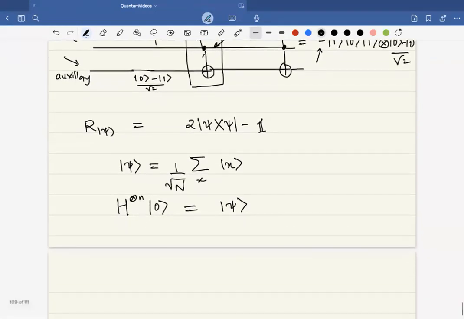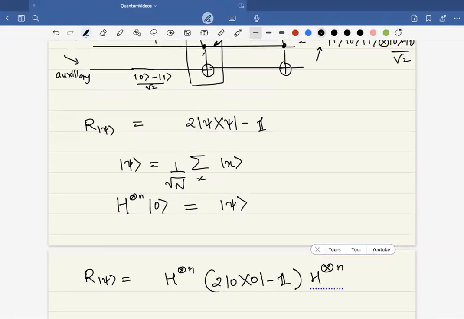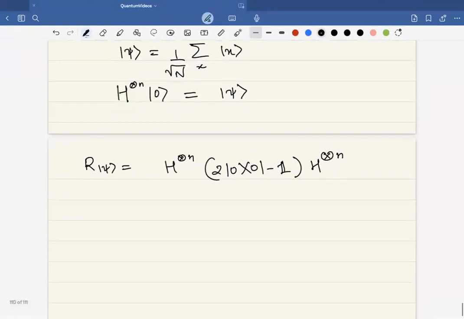Therefore, I can write R of psi as Hadamard tensor n times 2|0><0| minus identity times Hadamard tensor n. So what we'll do is implement this R of psi as Hadamard tensor n, then this